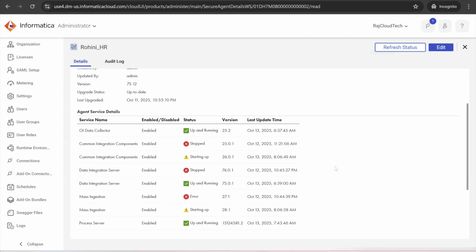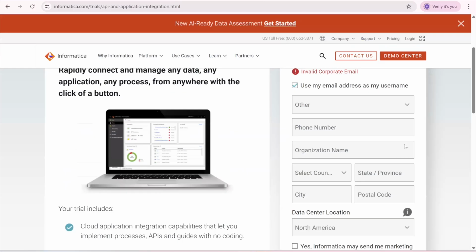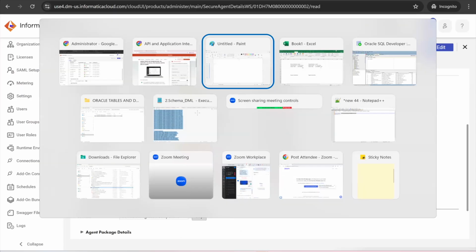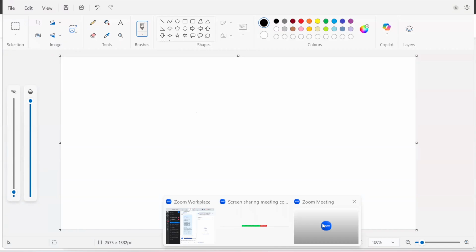See, now this common integration component is also up and running. So we require only 2. For example, in PowerCenter, if you save a mapping, where will it save? In Informatica PowerCenter, if you save a mapping, where will it save? Anyone, please?